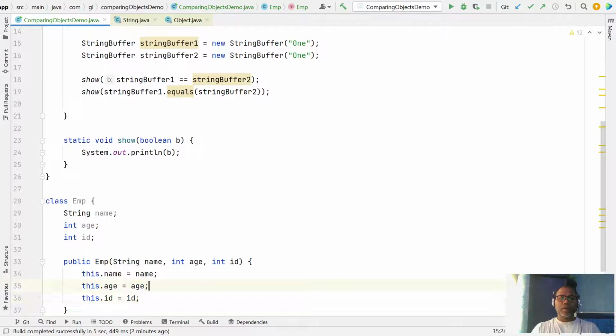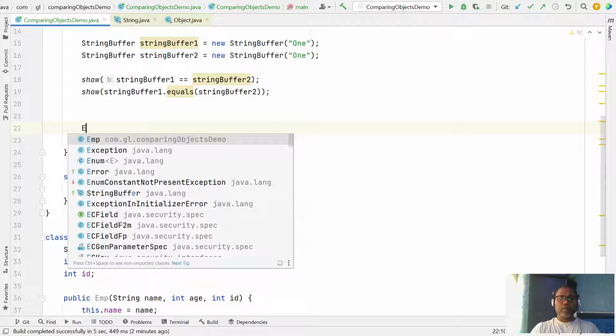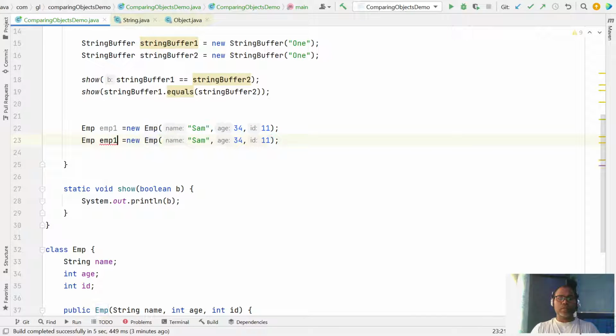Now let's create our own object, employee 1 equal to new Employee, and here just pass Sam, 40, and the ID is 11. This is one object. Let's create another object the same way.